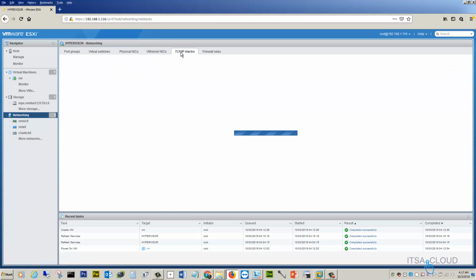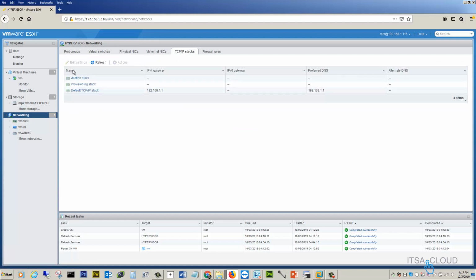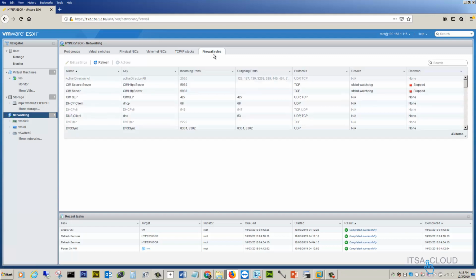We have the TCP/IP stack right in here, and the firewall if you want to do some blocking of some services or resources to this host, right? So this is pretty much the same. This is part of this networking tab.